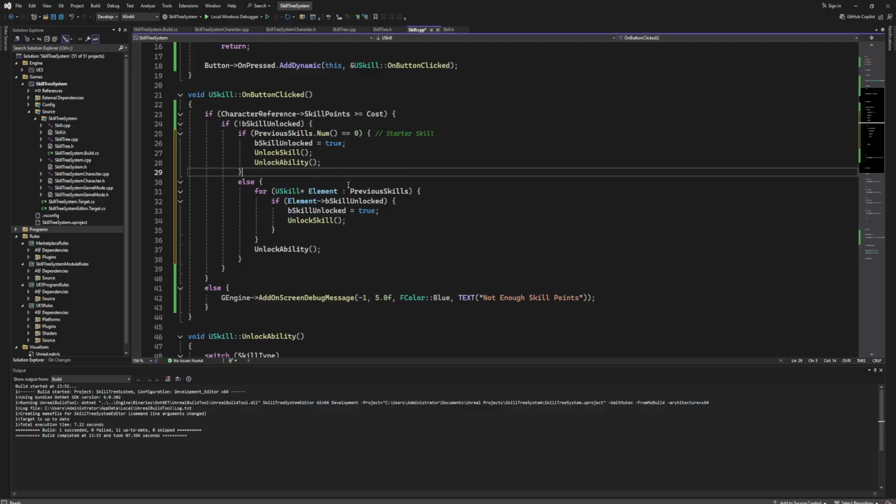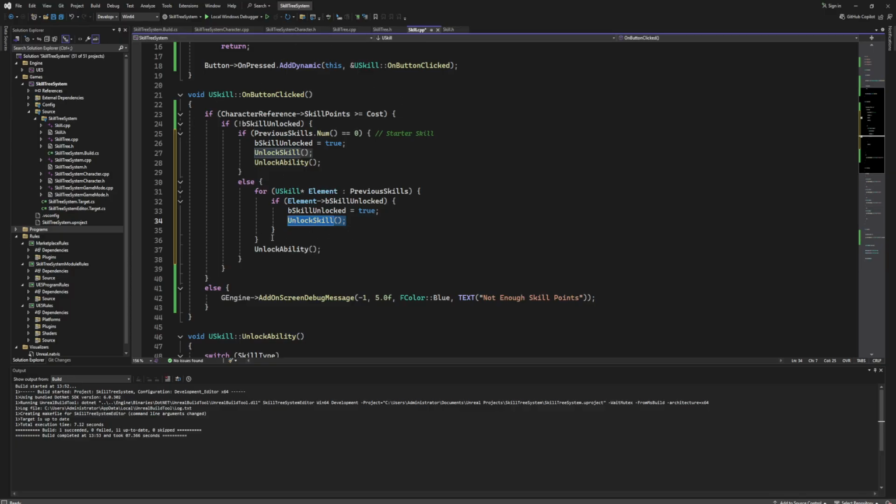So we are checking if the elements from that previous skills array, if one of those has this boolean skill unlocked true, or in simple words, if one of those elements is actually unlocked, and if it is, we are going to initialize our skill unlocked to be true, and also we are calling this unlock skill,